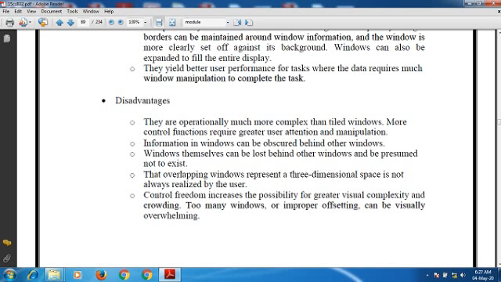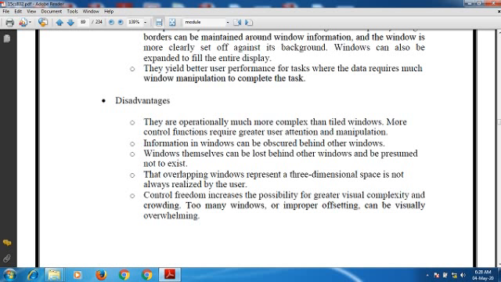That is, with overlapping windows, one window hides another window, and because of this, that window hides certain information. The windows themselves can be lost behind other windows and presumed not to exist.